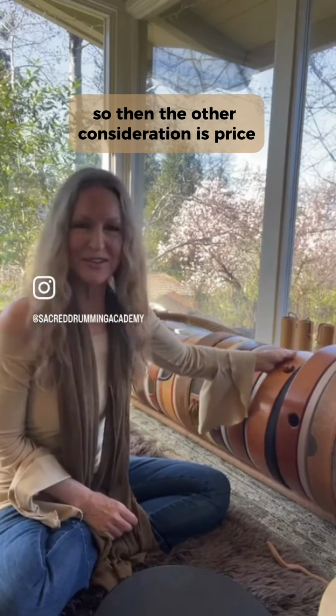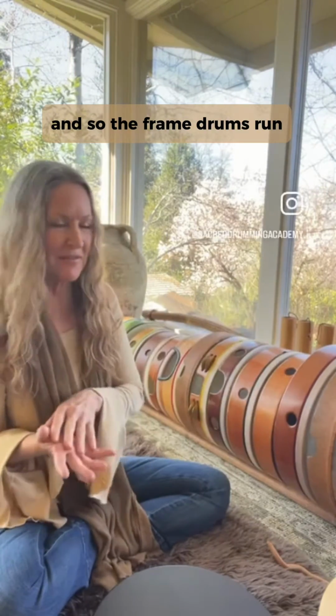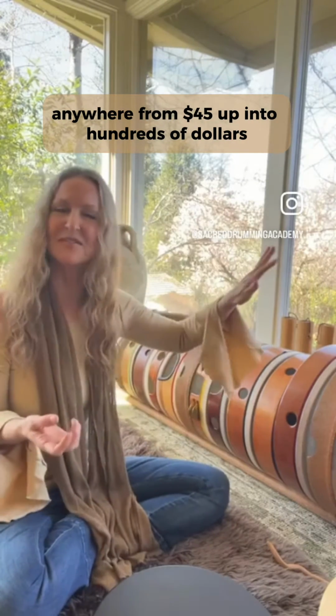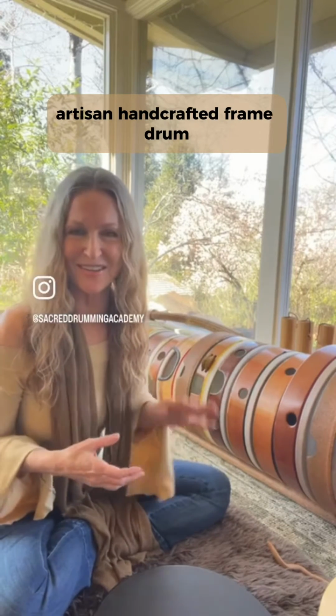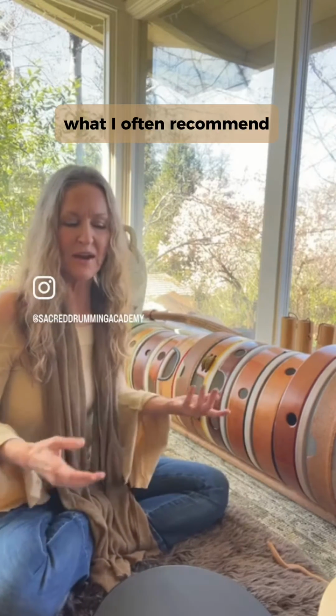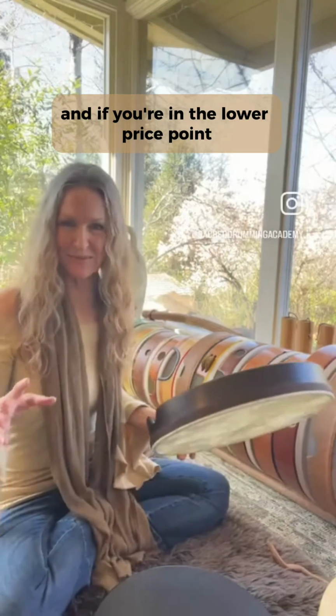So then the other consideration is price. The frame drums run anywhere from $45 up into hundreds of dollars, $400 or $500 for an heirloom quality, artisan, handcrafted frame drum. What I often recommend for people that are just starting, and if you're in the lower price point and you just want to explore frame drumming,